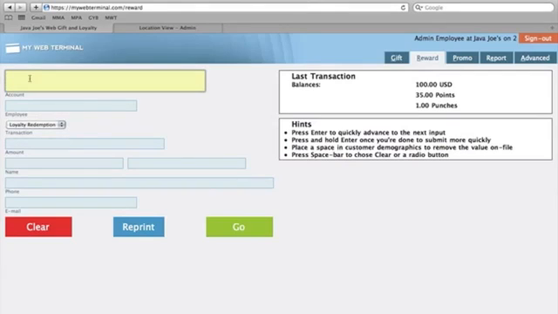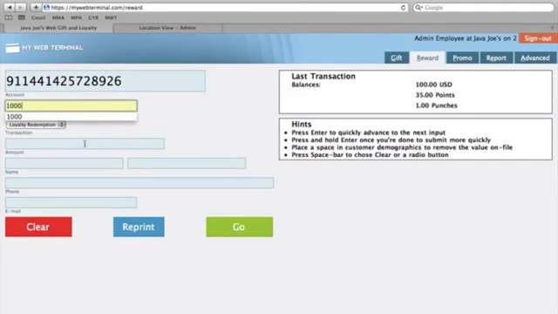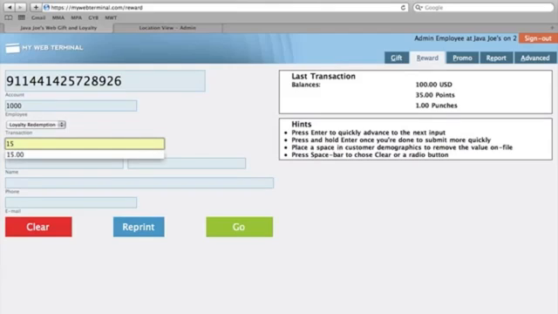We will enter the card number into the account field, enter our employee ID, and then enter the amount of points we would like to redeem. In this case, we'll redeem 15 points. Once we've entered the chosen amount, we can hit Go,